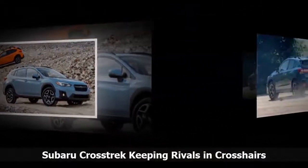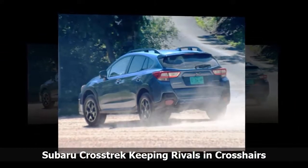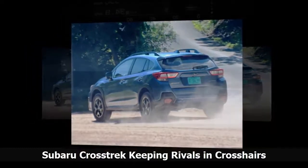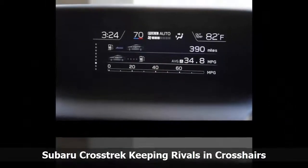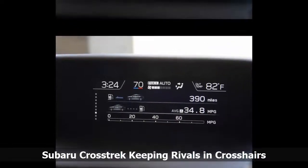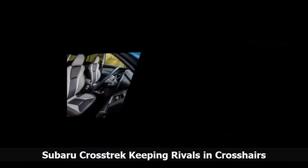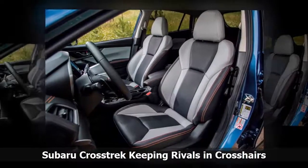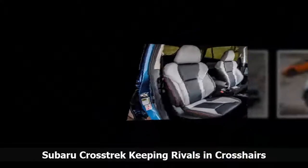The Crosstrek's pokey nature results in impressive fuel economy, approaching 35 mpg, 6.7 L/100 kilometers, on winding rural roads here, according to the trip computer. On paper, the fuel economy ratings for the old and new engines are nearly identical, a gain of 1 mpg, 0.4 km per liter, in the city with the automatic transmission, while losing 1 mpg on the highway with a manual. The EPA fuel economy rating for the CVT is noticeably higher with the automatic,